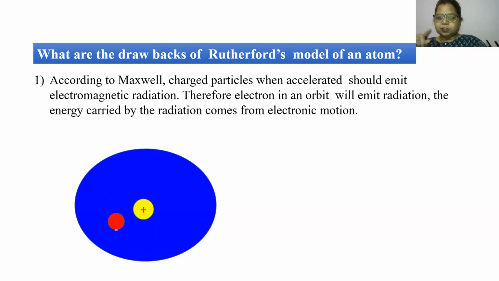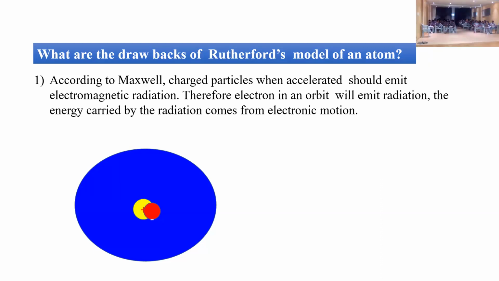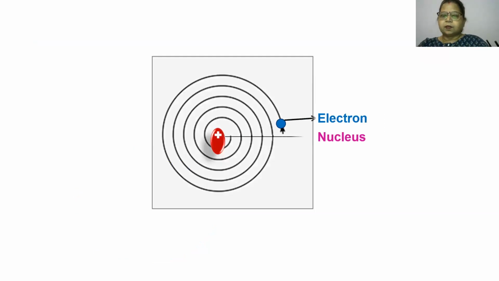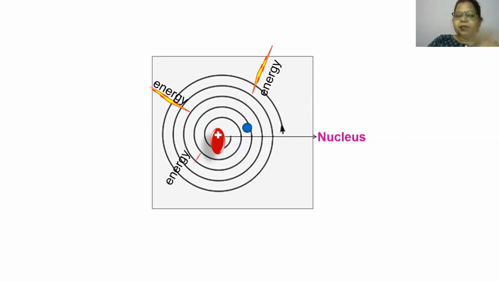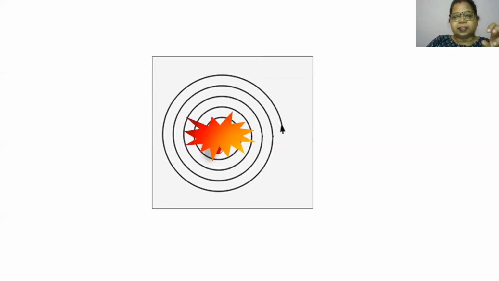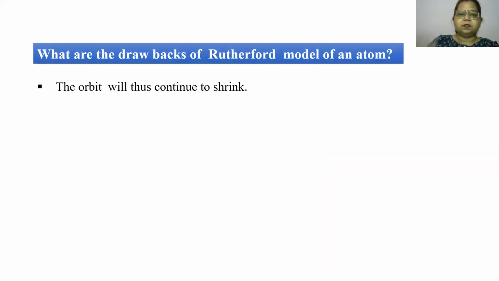If the electron is moving like this, it is always emitting energy. When it is emitting energy, it will start moving at a shorter circumference, so ultimately it will fall into the nucleus. That's just another depiction: if the electron is moving, it will emit energy and fall inside the nucleus, and the atom will not exist. That was one of the reasons why we discarded